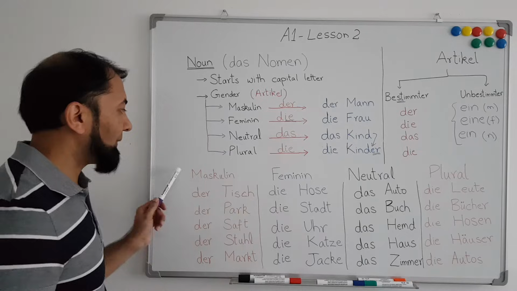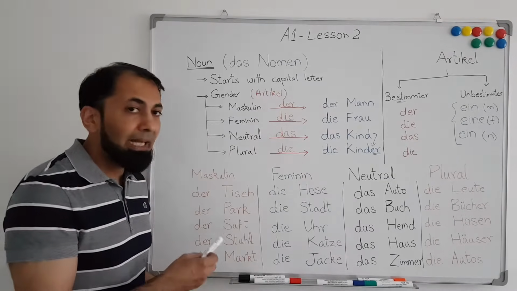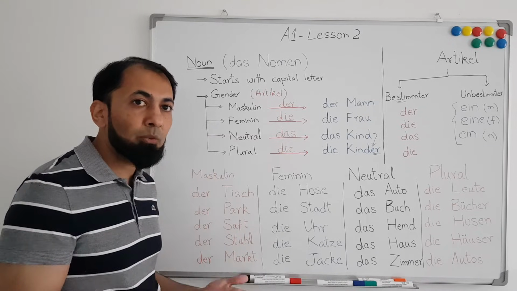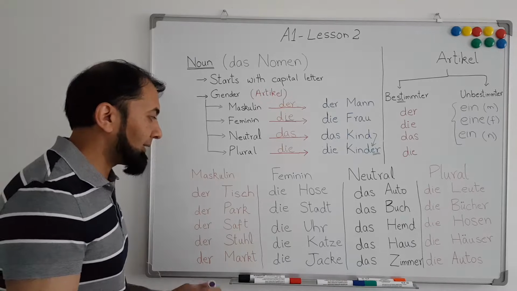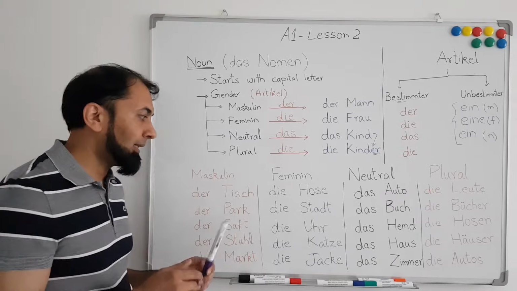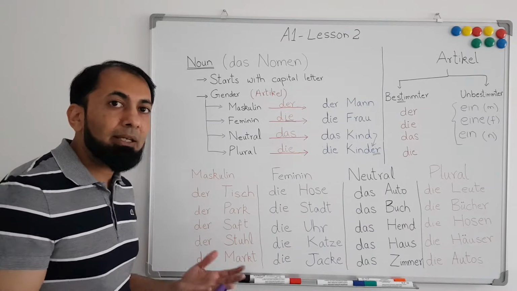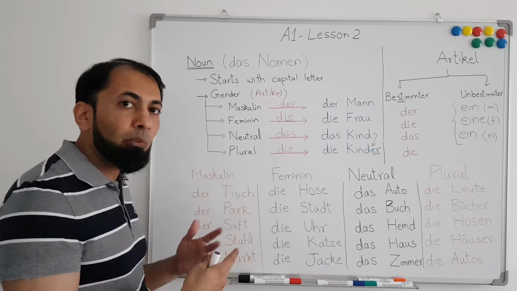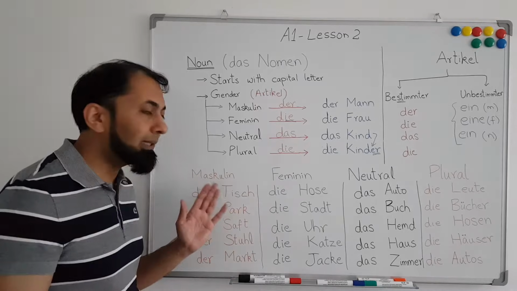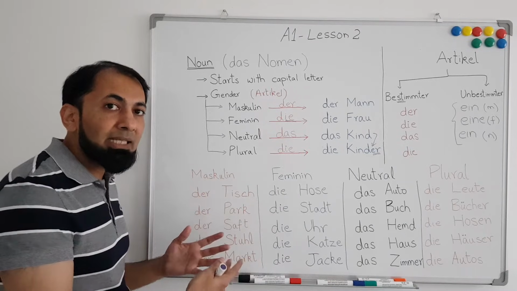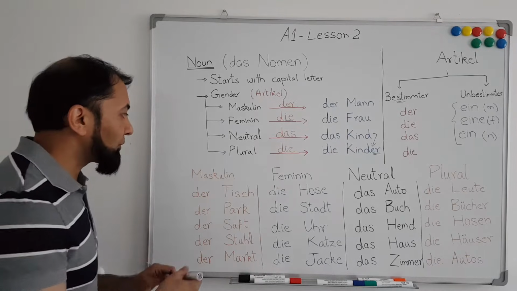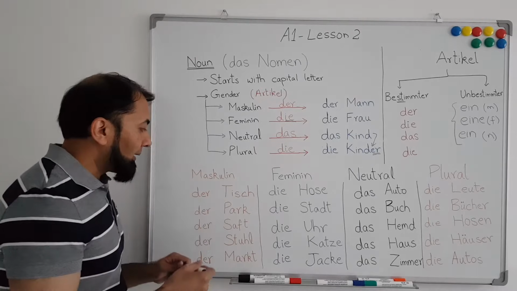And now I have listed a few words so that we increase our vocabulary and see how these nouns can be pronounced. And if you remember from the last lesson, we learned some tips and tricks to identify what kind of sound is produced when different alphabets in the German language are combined. So in this video we will also see some words that have these combinations, and we will see how these are pronounced. So first we start with masculine, and here is